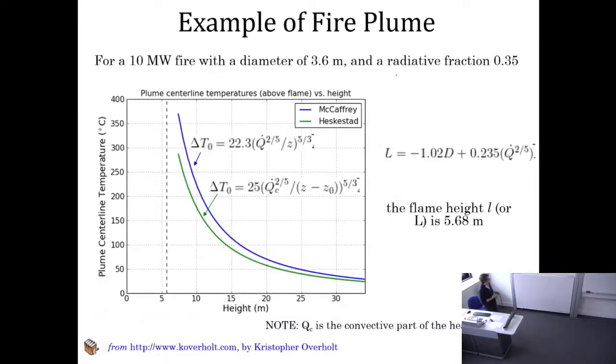This is just the type of correlations that we use, very nice. They come from fundamental pioneering experiments, have been validated. If you want something fancier for different conditions that are not these canonical situations, then you have computational fluid mechanics